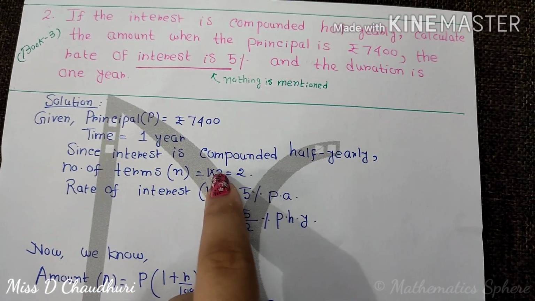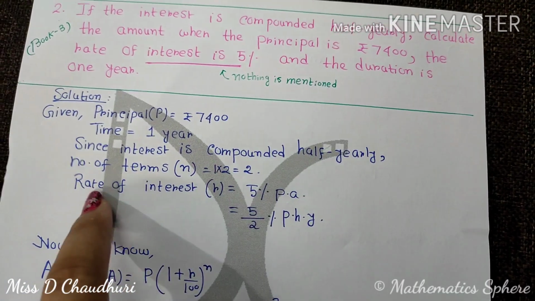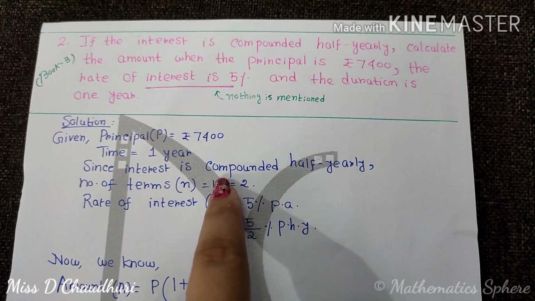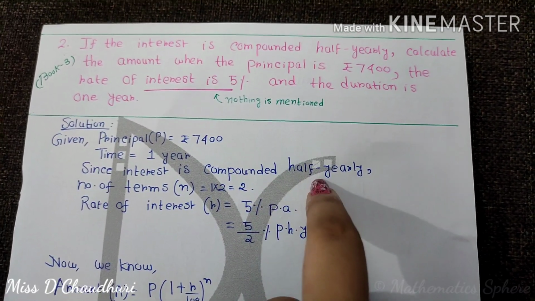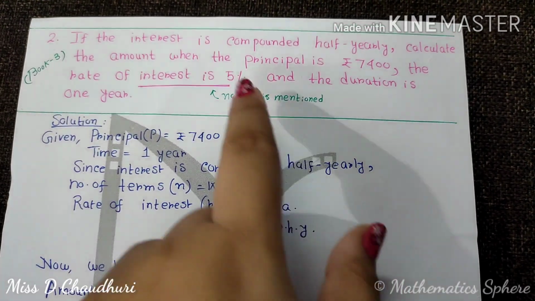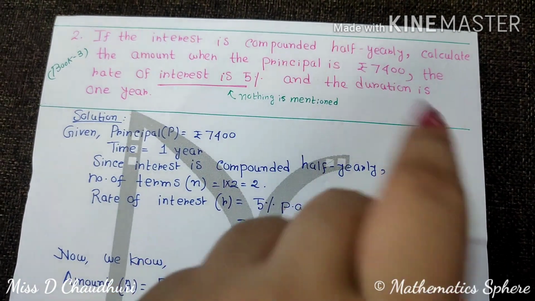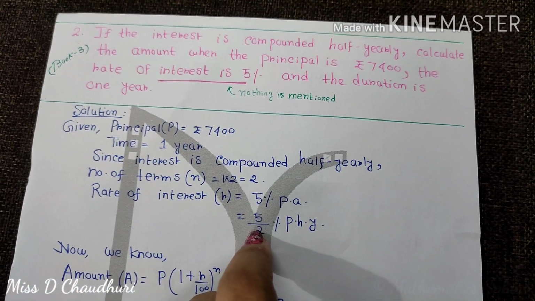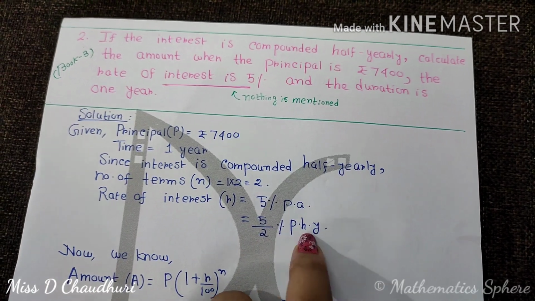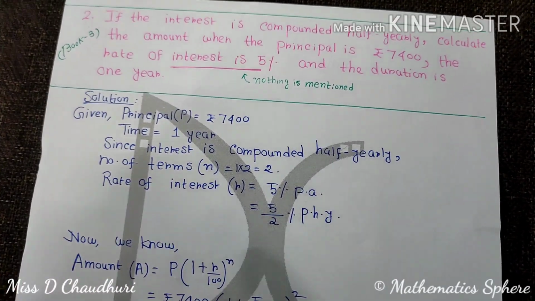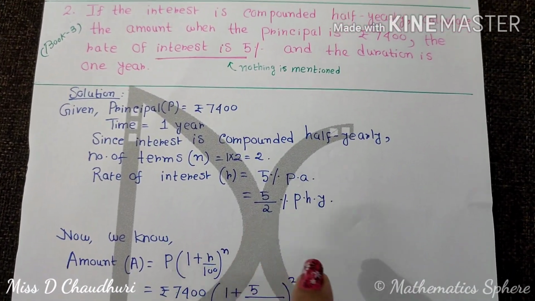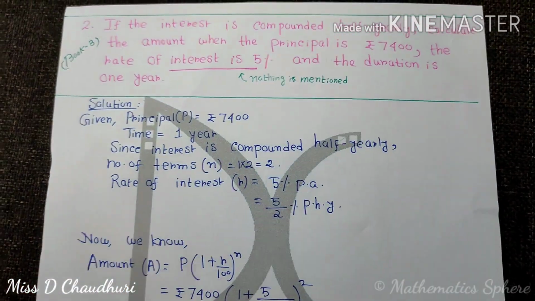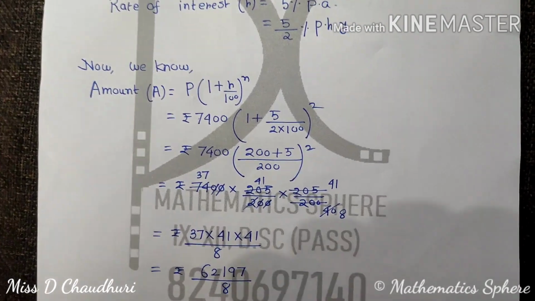Be careful here. Okay, again in case of rate, the rate of interest R is 5% per annum, but our interest is being compounded half yearly. We are not going to give the full year's rate percent for half year, so you will have to divide this 5 by 2. Therefore we will get 5 by 2 percent per half year. Do not change it to 2.5, else calculation will be difficult. Okay, now we have got all these things. Now put it in the formula, same like before.